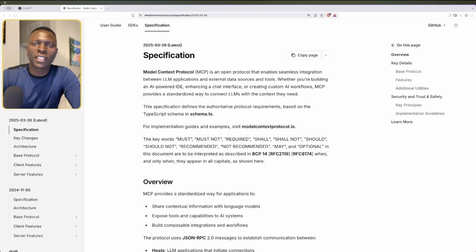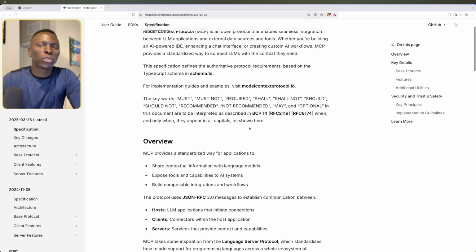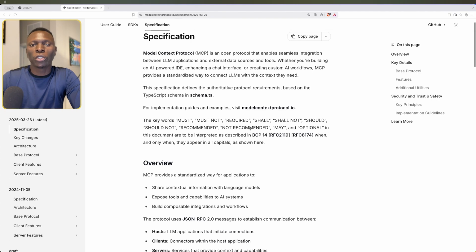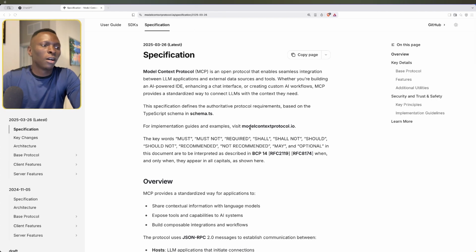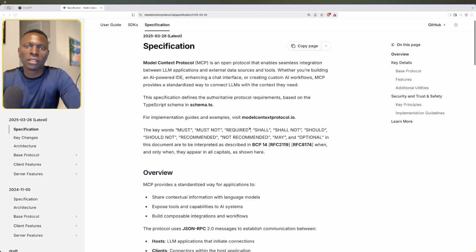Okay, MCP, the acronym that's sort of buzzing on the internet nowadays. I wouldn't say it's the most searched word on the internet nowadays, but it's certainly one of the most searched acronyms on the internet. So today I'm going to spend the next couple of minutes, if not 40 minutes, reading the MCP